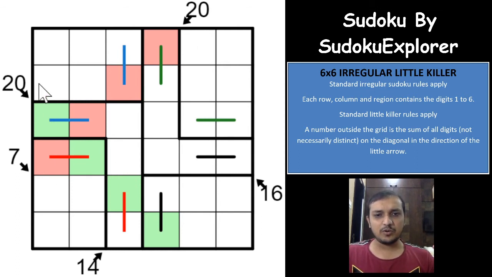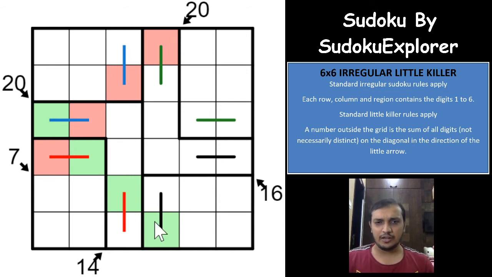So we know that the sum of these 8 digits would have to be 40, because the 20 for these green cells and the 20 for these red cells will sum to 40. Let us take the maximum of these two digits and the maximum of these two digits, which would be 6, 5 and 6, 5, right? Of course, 6 and 5 in one of these two cells in any order and 6, 5 in these two cells in any order, which will sum to 22. You need 18 more, and 18 is only possible with the maximum of 4 digits having 6, 5, 4 and 3, which is one whole group. So this group will have to be 6, 5, 4, 3, because if you take the maximum of all these 8 cells, that will lead to the sum 40, right?